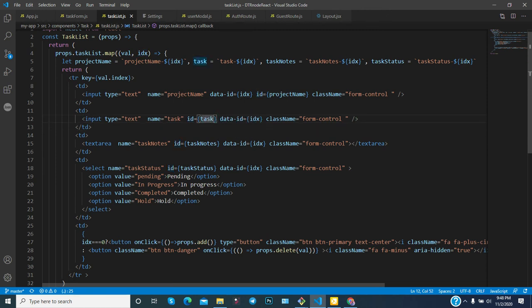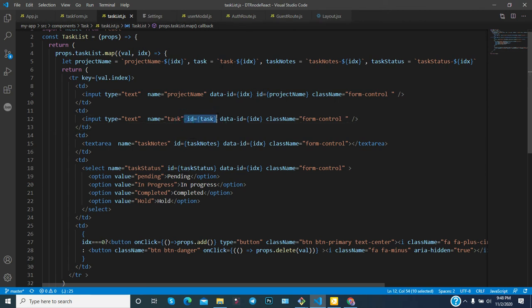And ID is not necessary. However, I have provided a unique one here. To make it unique, we have concatenated something. It is not required, but sometimes if you want to select a unique value, then you can utilize the ID, and ID should be unique. That's why I did it in this way.